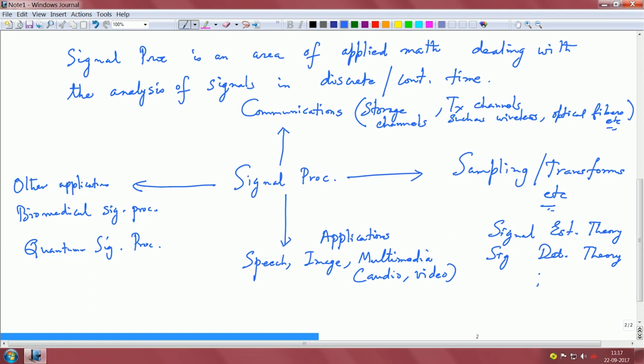And once you sample, you have the signal in the digital or the discrete time domain, and once you have the signal in the discrete time domain, you have to do many things post that. I mean, you will have to equalize, you will have to do timing recovery, you may have to do detection, many things that you will have to consider, right. And this is all part of signal processing. This is one example where you can clearly see how signal processing is playing a significant role towards recovering of your